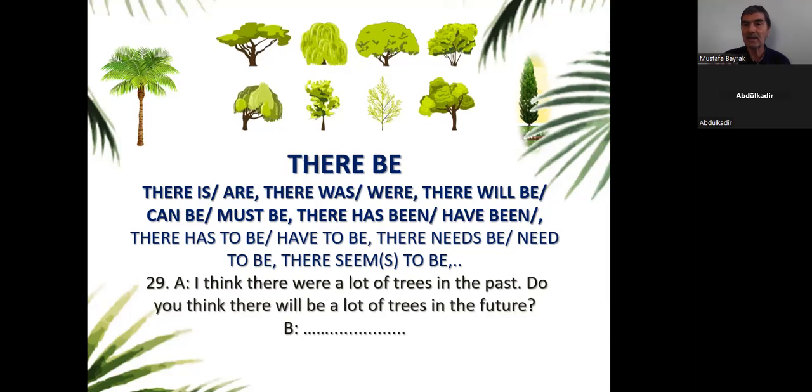Okay, there needs to be a table in this room. Okay, for singulars. But there need to be 9 chairs. What about the last one? There is, for the there is to be, or there seems to be. There seems to be a table. There seem to be 9 chairs. Okay.